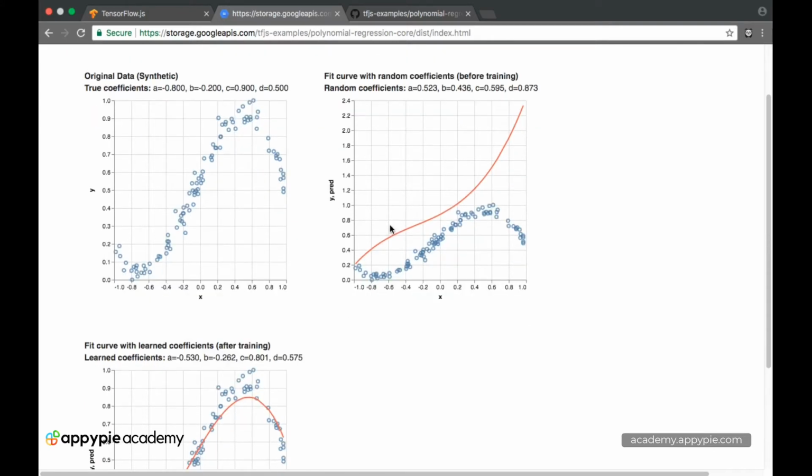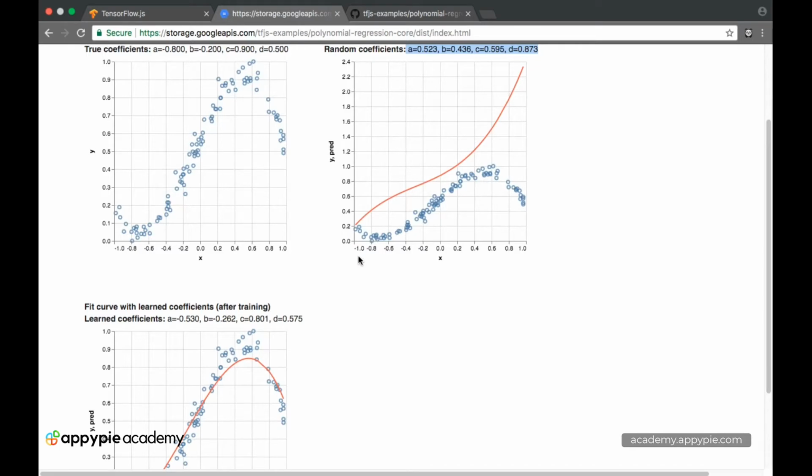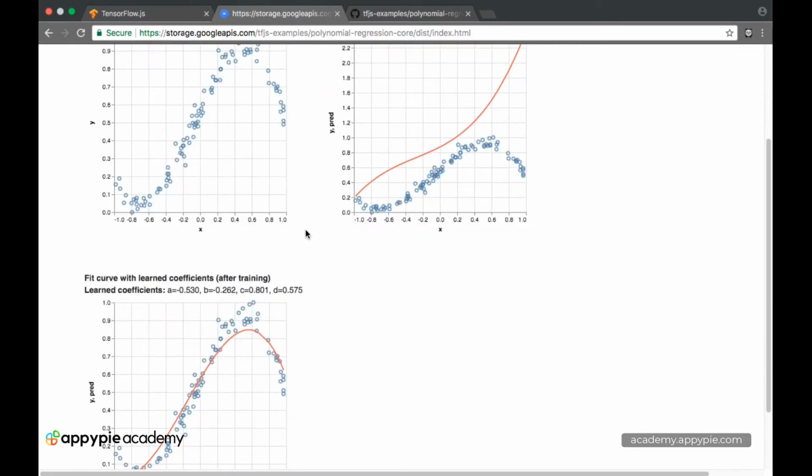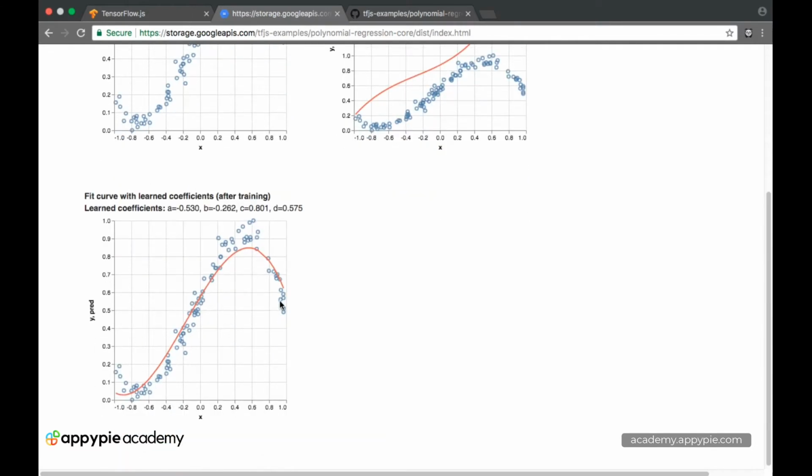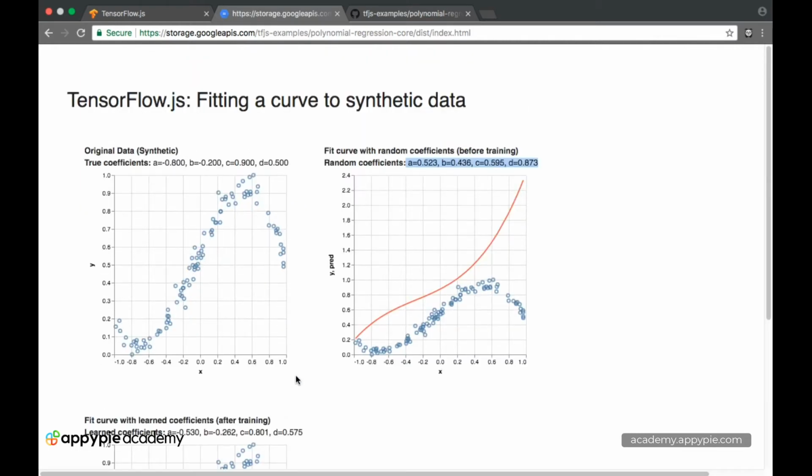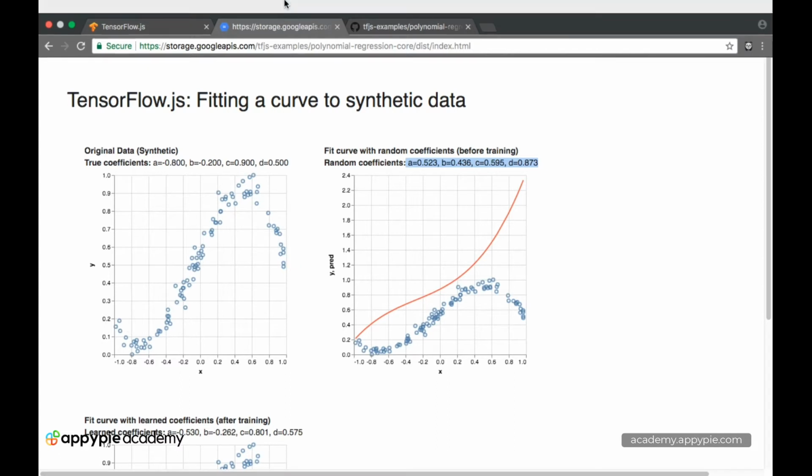But slowly by basically altering these values, you can alter the nature of the curves, and after a lot of practice, training and loss function, you basically end up with a good curve like this. Okay, so that is essentially what we want to do. So think about how amazing this actually is. You can literally give the training AI any particular set of points, and it will somehow come up with a good relation between all of those points, which can be represented by a mathematical equation.